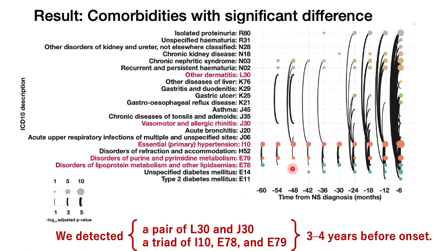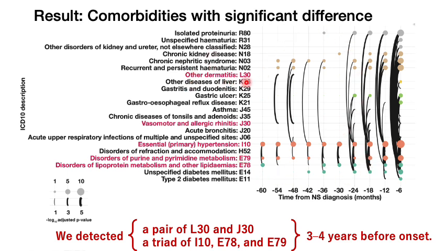Here is the result. The x-axis shows the time from nephrotic syndrome onset and the center of the analysis window. The y-axis shows the comorbidity descriptions. The nodes express a single disease and the edges express a pair of comorbidities. These sizes reflect significance. For our purpose, focusing on periods more than 18 months prior to the onset, the combination